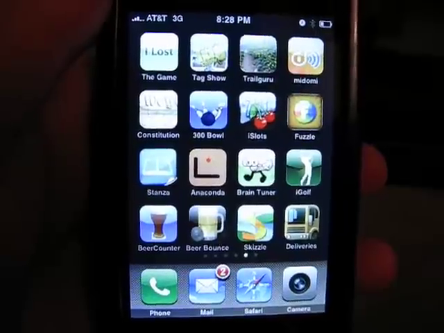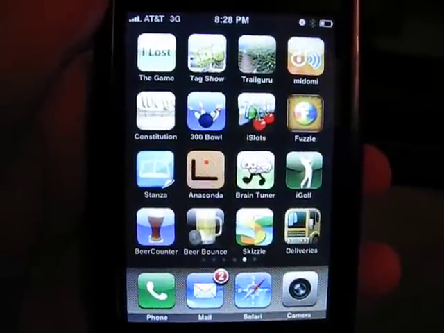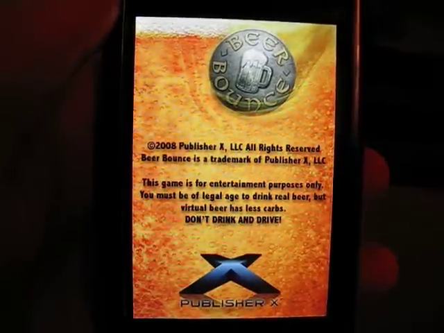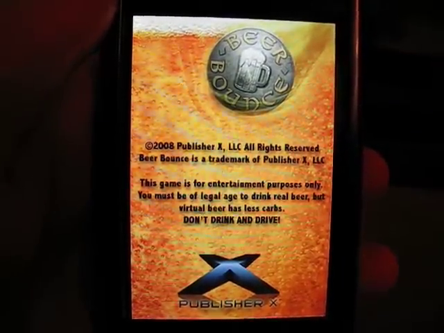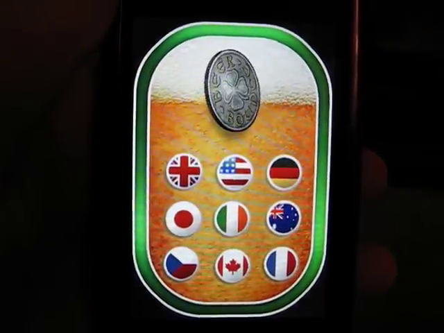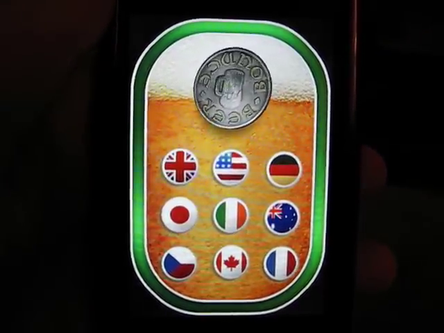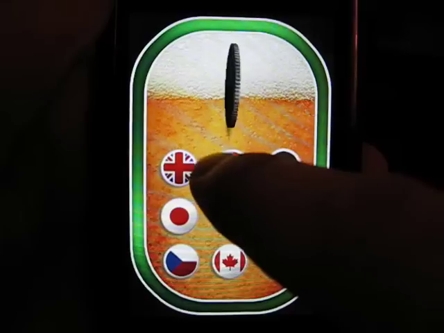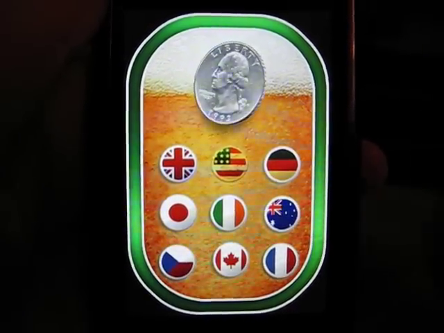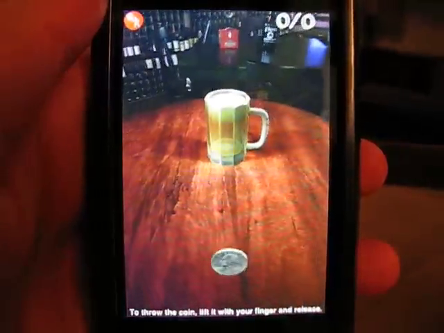This is Jared with the iPhone App Podcast, and we're going to take a look at Beer Bounce, which is a game basically called Quarters in a sense, if you've ever played Quarters. It's a drinking game. From the very beginning here, you get to choose the type of coin that you are going to use. So I'm going to choose the quarter US tender, and it's going to load up a nice little table here,